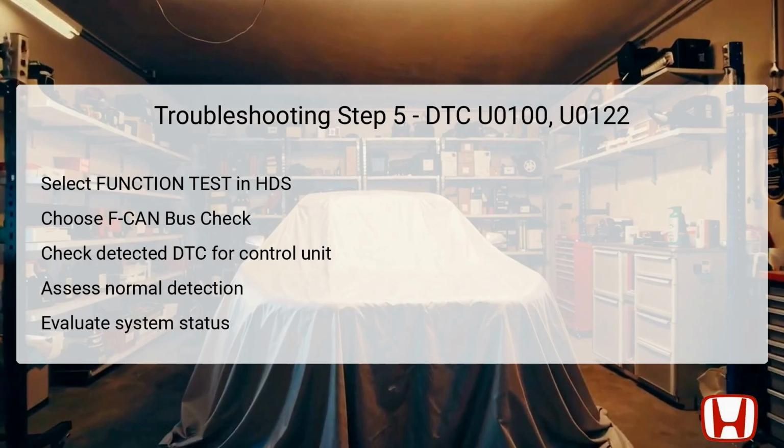This assessment is vital for determining whether the transmission of data is functioning correctly. If the unit detects the channels normally, you can classify the failure as intermittent, indicating that the system appears to be operational at that moment. However, continued issues may warrant further exploration of the connections, particularly focusing on the transmitting control unit and the CAN